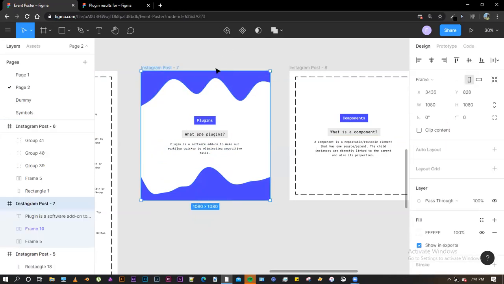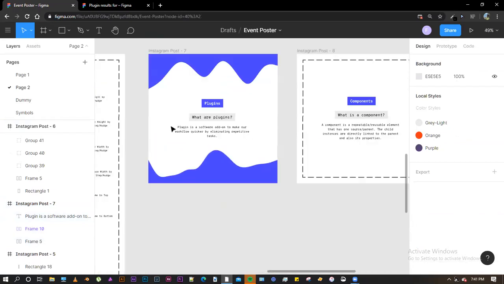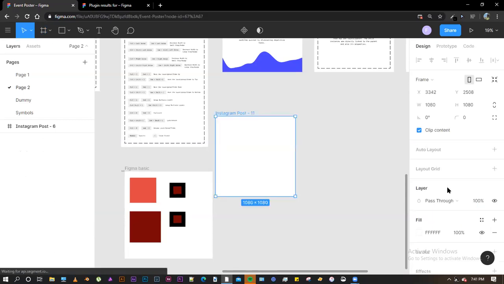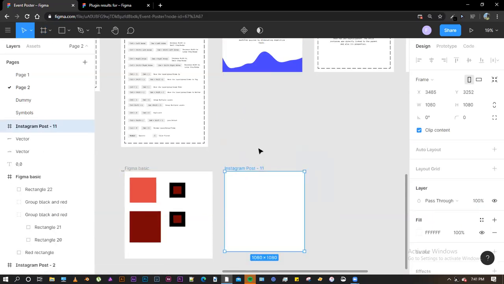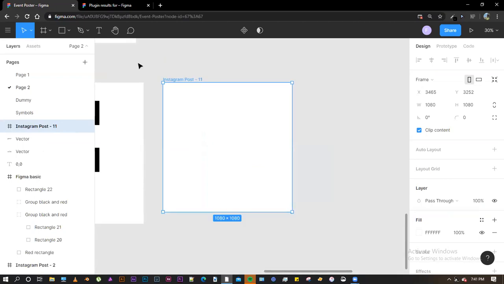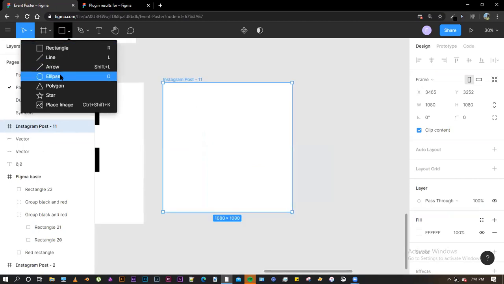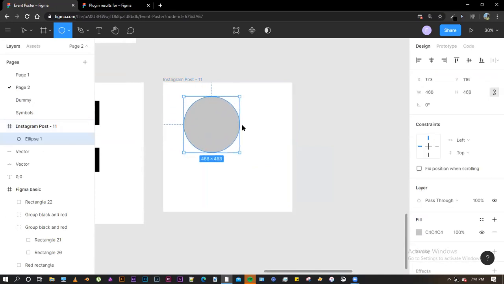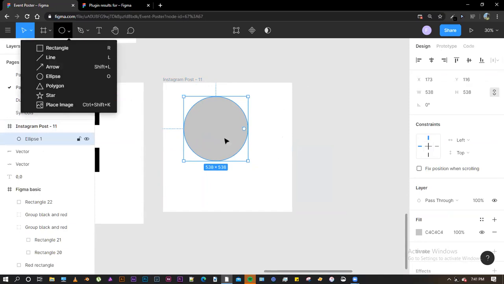All right. So plugins are really powerful, and if you want me to demonstrate more, I will create another frame. And now if I create a shape, a circle, which can be accessed by the shortcut O. O looks like a circle, therefore it is the shortcut for a circle or an ellipse. Now if I hold down the shift key and drag with my mouse to the right, it will create a circle. And now if I want to insert an image, I don't need to save an image and then come here, place image, and then place it onto here.